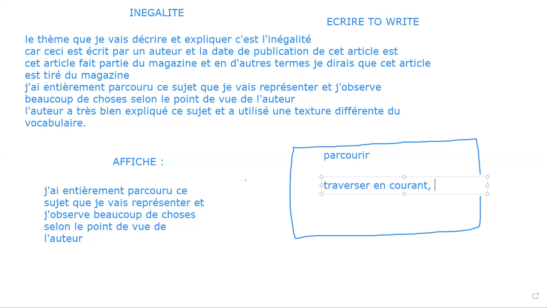Is it clear to you? And the author has explained this topic very beautifully and used some different texture of the vocabulary. Is it clear to you? It means l'auteur a très bien expliqué ce sujet et a utilisé une texture différente du vocabulaire. Is it clear to you, my teammates? Okay. Then I will say this is a theme. I'm giving you the plan how to make your plan in your B2. Because, see, now, par exemple, vous voulez réussir dans votre examen de DELF B2, et je ne sais pas, TEF aussi,